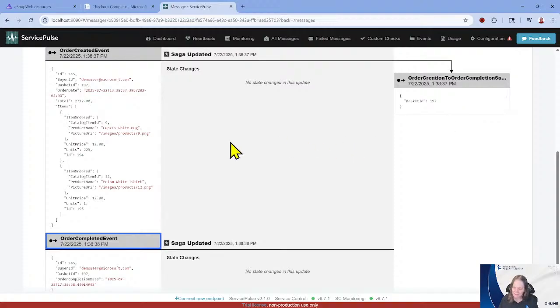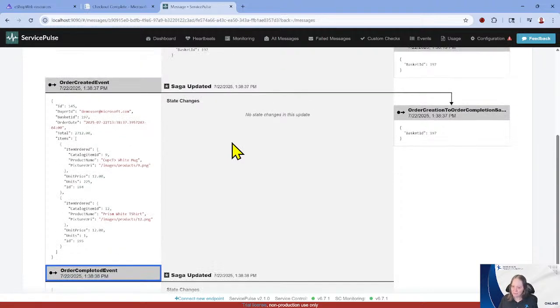So Sagas are good for long running processes. That's why doing something shopping wise, so going from making a basket, so just general shopping, to, no, I really want to order this. Okay, I'm going to actually buy it. It's a long process. For today's demo, I have it set to 30 seconds. That is very intentional. Okay. So this is in ServicePulse.